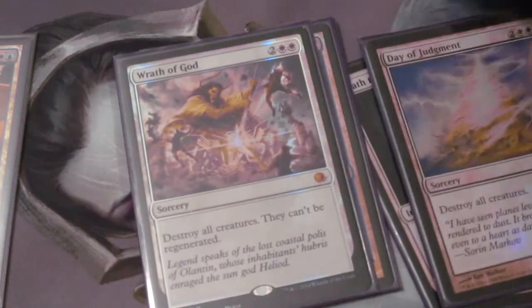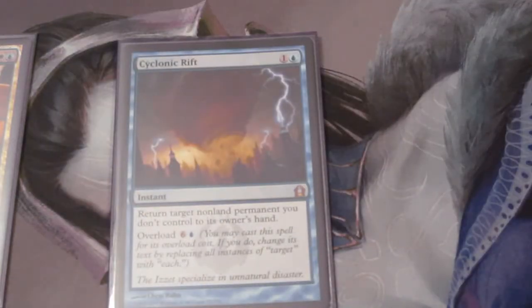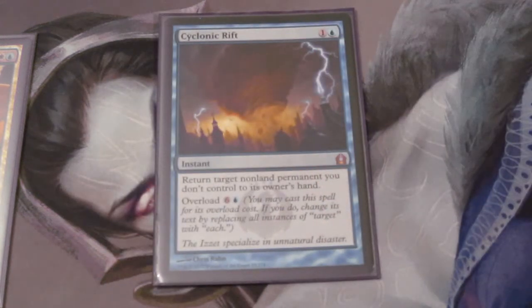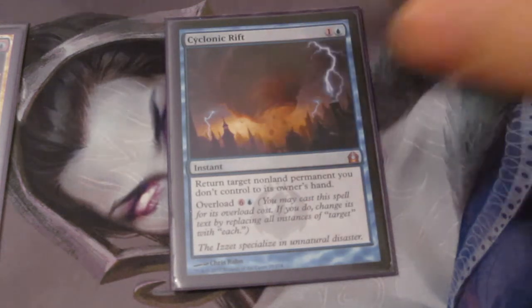We have 3 wipes in Day of Judgment, Wrath of God, Supreme Verdict, and a Cyclonic Rift. I did also have a Miracle, Devastation Tide, and also a Crush of Tentacles in this deck originally because I thought it didn't matter if the auras were in my hand. But that just wasn't giving me the room to play out enough, so those came out for more